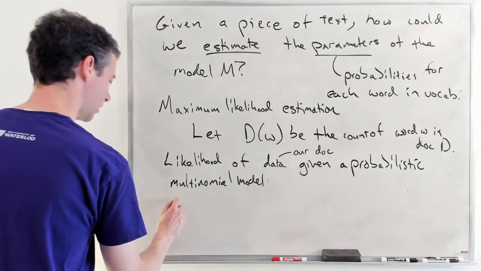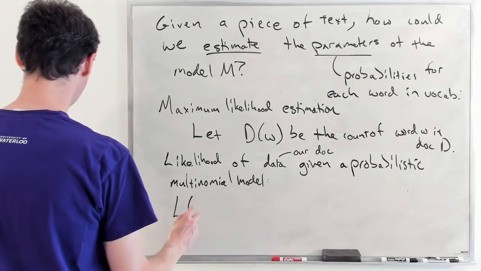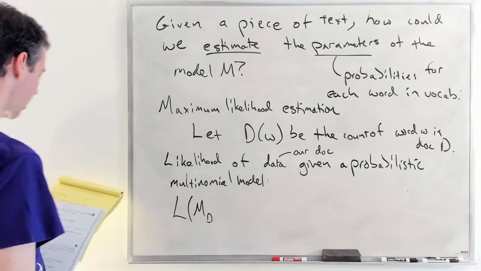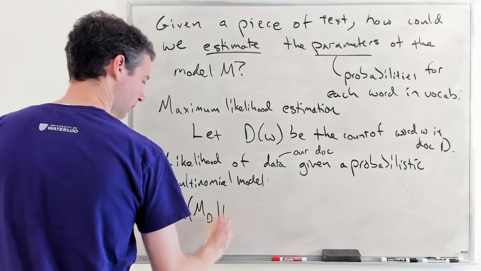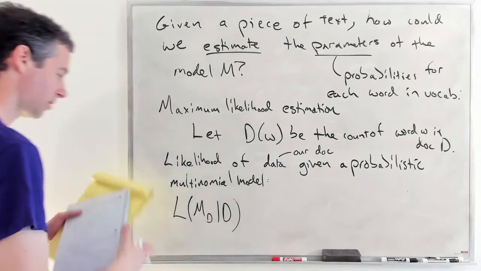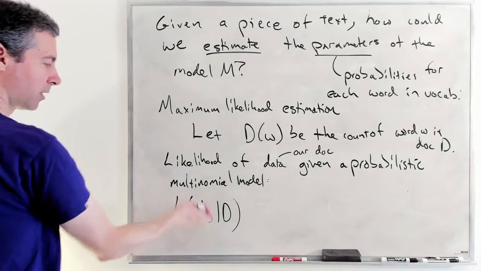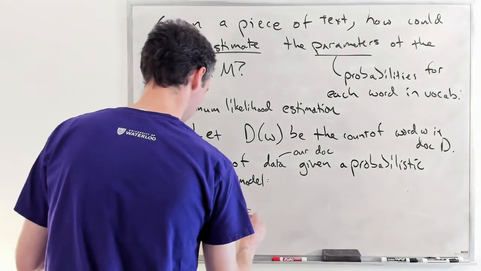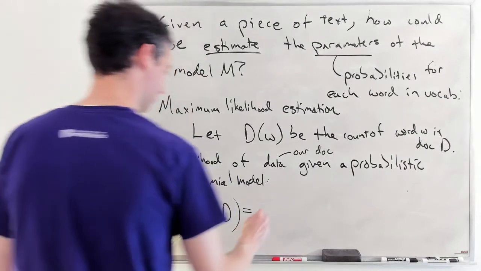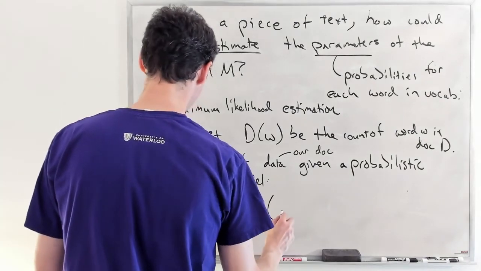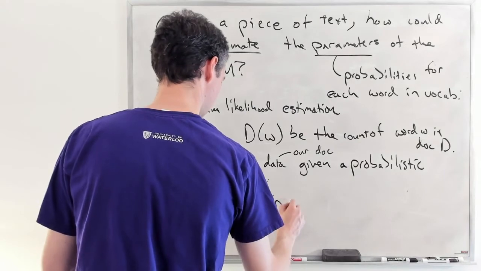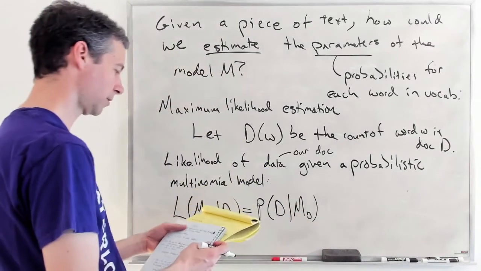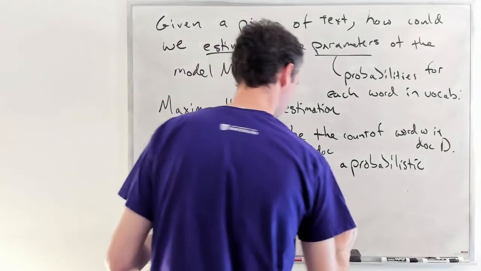We say it's the likelihood of our model M of D, that's the model of our document, given the data, our document. So what's the likelihood that we have this model given the data? This is equal to the probability of the data given the model, which is equal to